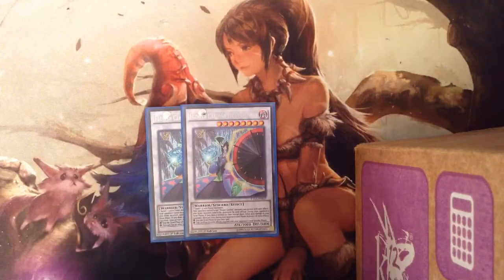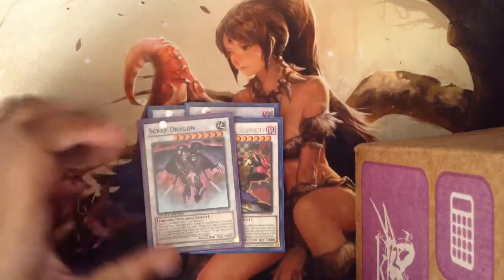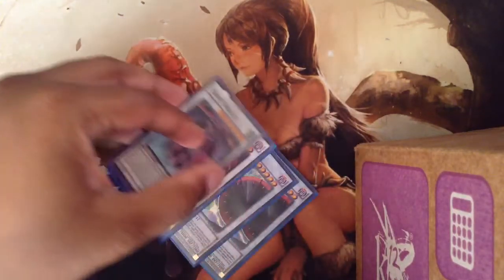So for Synchros, we're running 2 Flower Cardian Light Shower, 2 Borderfly, and 1 Scrap Dragon. And you can run any Synchros that you want in this deck. So that's my